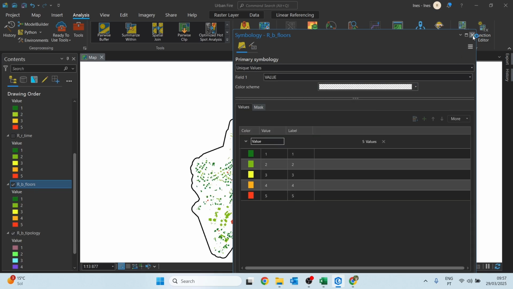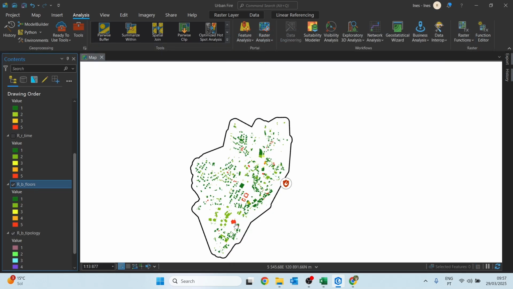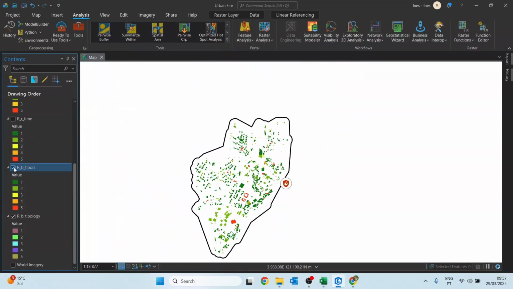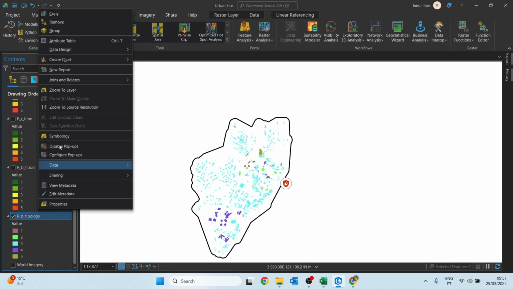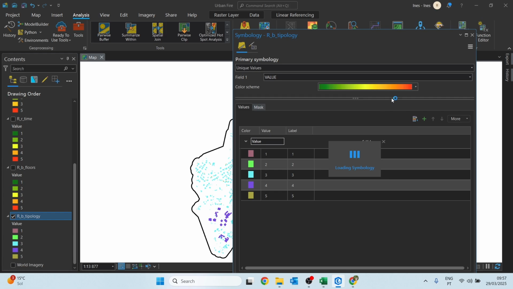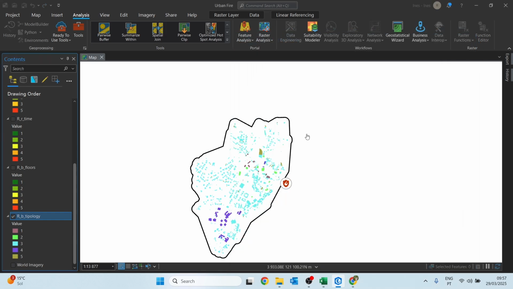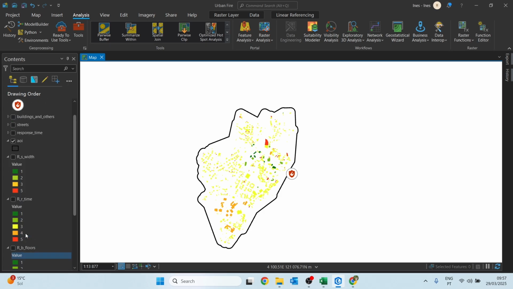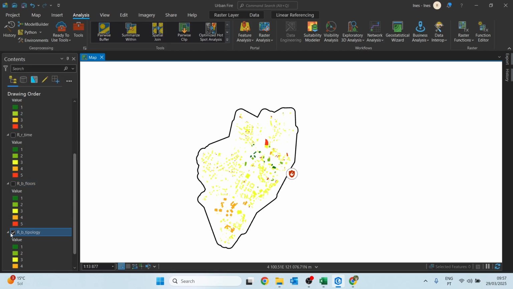This one, we can see these buildings have a higher number of floors. And finally, the topology. As well, okay? So everything is from a scale from 1 to 5,